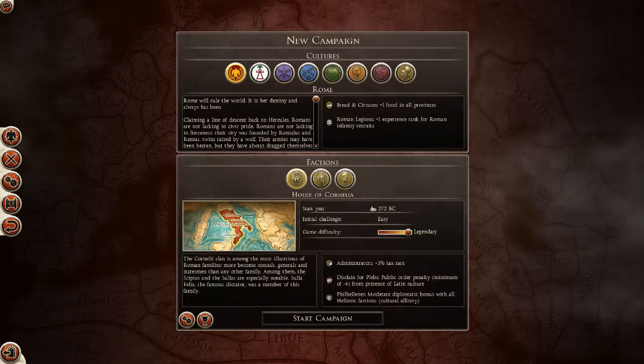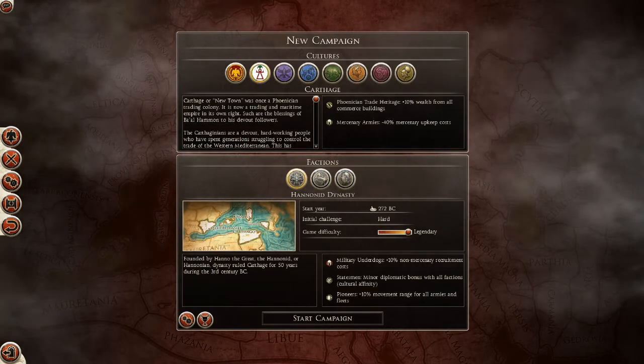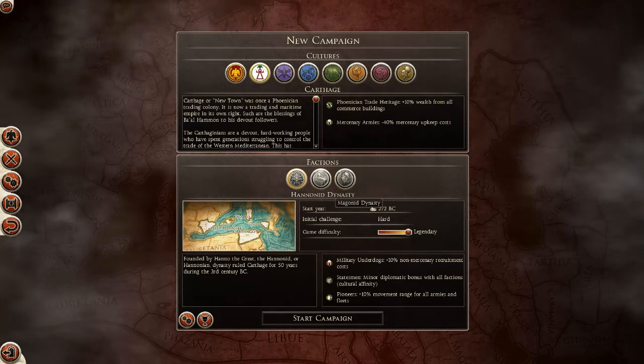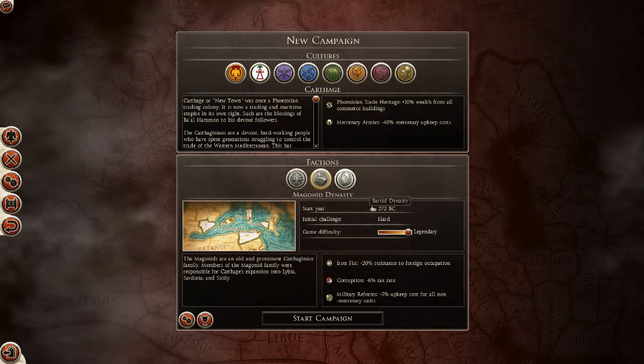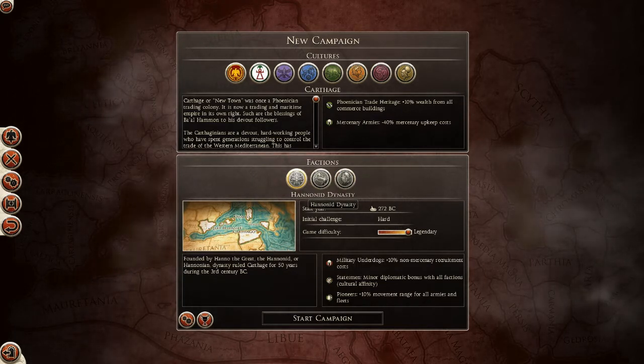Let's take a look at their campaign start. So as you can see, like Rome, Carthage has factions just like the Romans do. Unlike different families, they've got different dynasties for their...